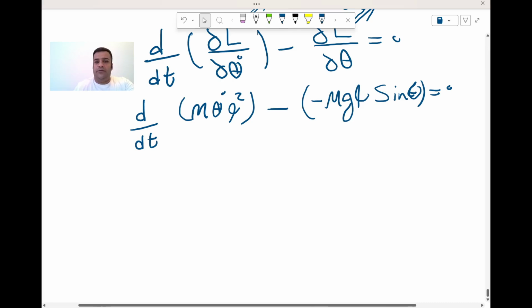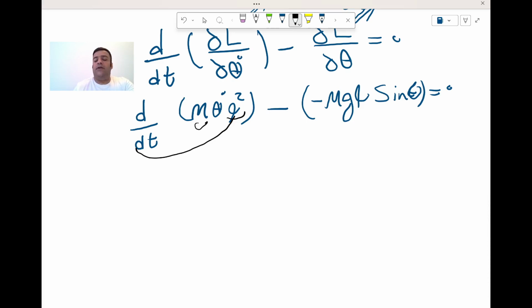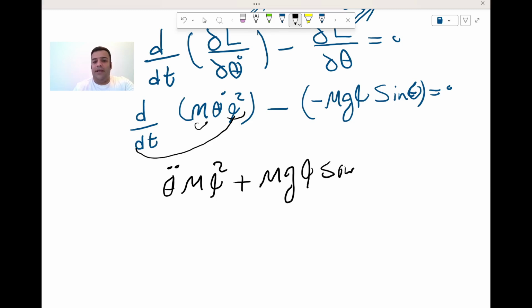If we calculate this derivative, this and this are constants, therefore it is theta double dot m L squared plus mgL sine theta